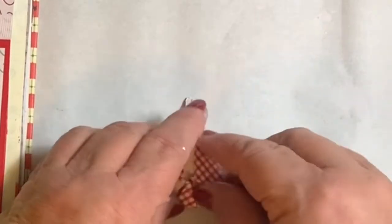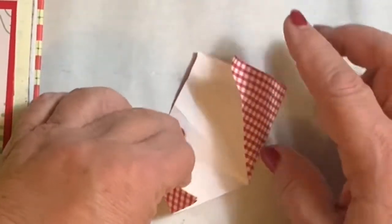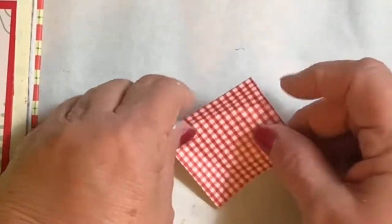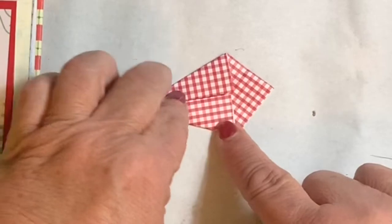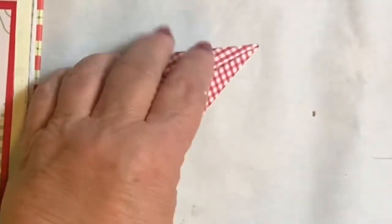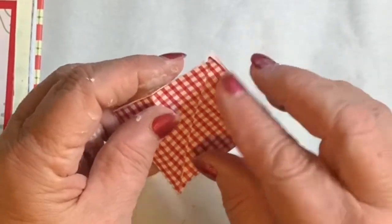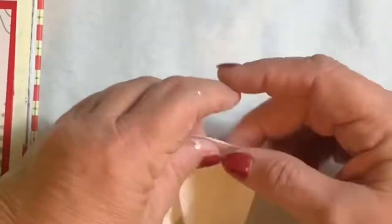So, I will do it for you once again. You bring that up and that up. You start off with a triangle and you make it into a square. Then you turn it over and you bring that into the middle and you make like a kite. And you get all your folds nice and sharp. And those of you who have bone folders, yay for you, because I think that probably works better, but I don't have one. So then you turn it over and you unfold it,